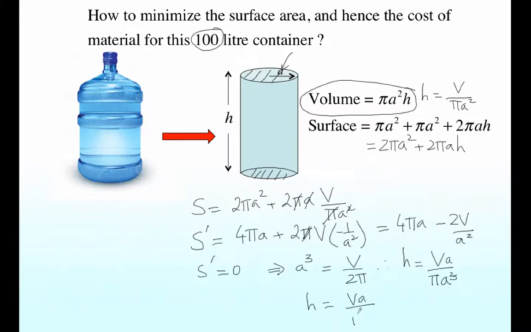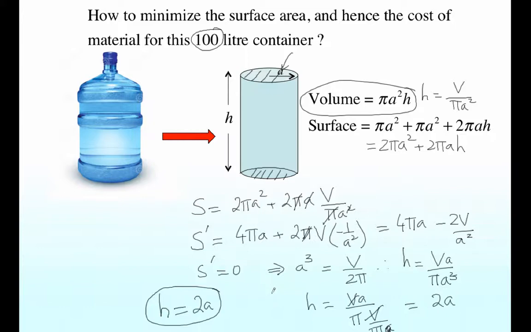And let me put below the value of a cubed, which is V over 2 pi. And so the V's cancel, the pi's cancel, and h is equal to 2a. So the point is that if we make the height equal to 2 times the radius a, we will achieve